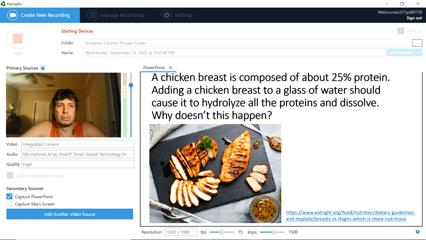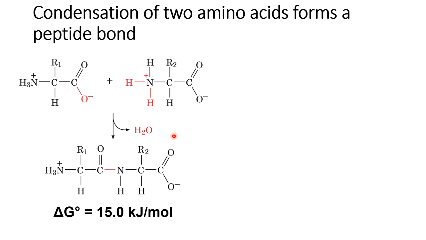So before we discuss more about enzymes, let's first differentiate what allows for a reaction to proceed. Let's consider this question first. A chicken breast is composed of about 25% protein. Adding a chicken breast to a glass of water should cause it to hydrolyze all the proteins and dissolve. Why doesn't this happen? So the premise for this is, if you remember this from back in chapter 4, we